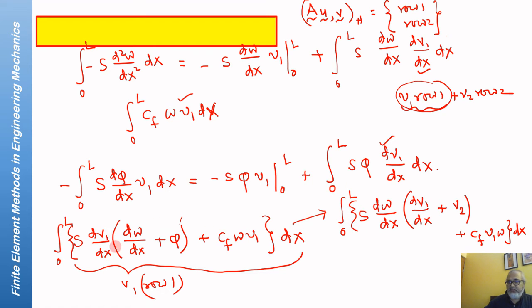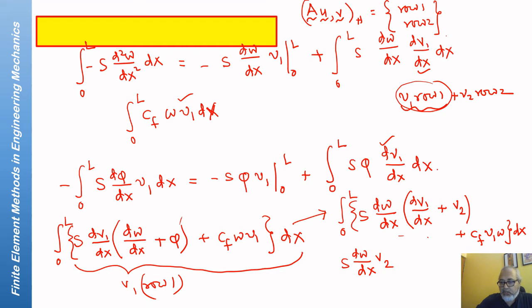So the first term has no problem, S dv1 dx dw dx, you have it here. The last term doesn't have a problem, but this term is S dw dx into V2,